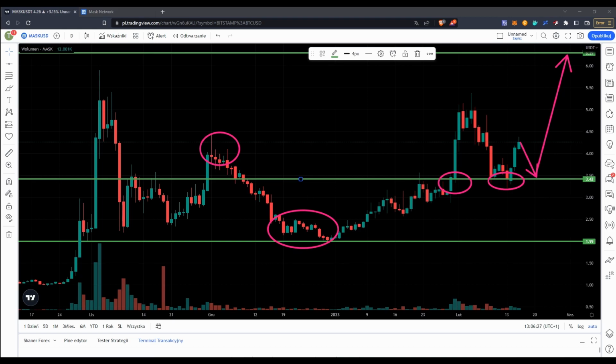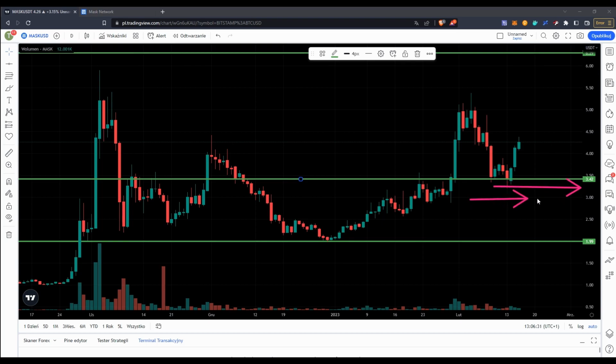And if we get a daily close, let's say below 3 on the daily chart, that might suggest we are going to see a deeper pullback. So from that perspective, you may want to narrow your stop, and try to navigate that way on the chart.